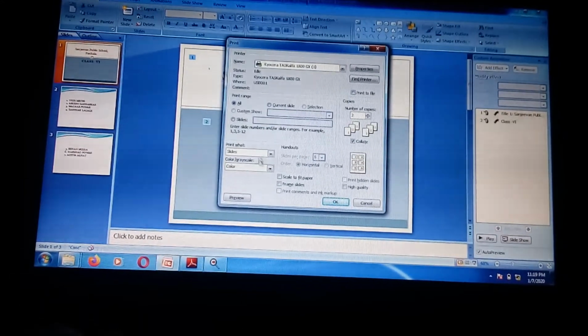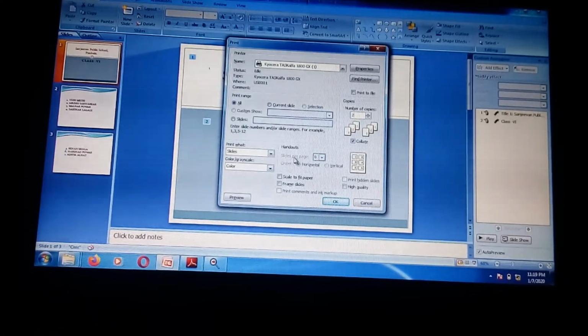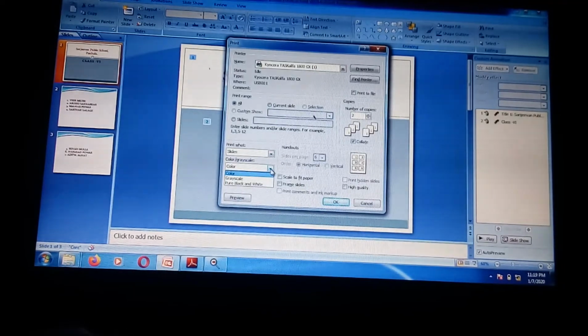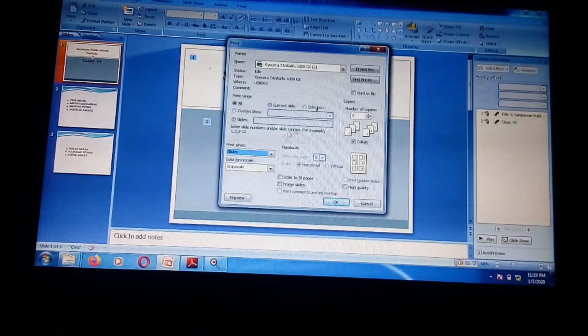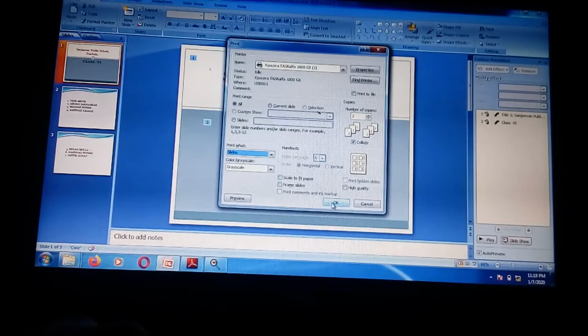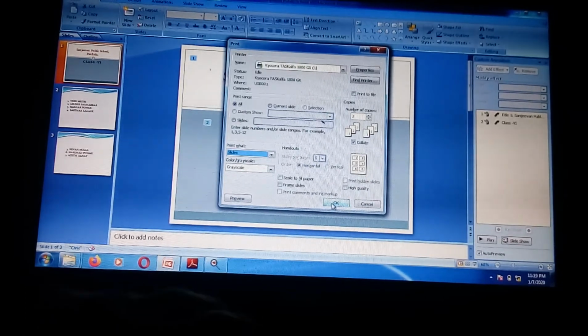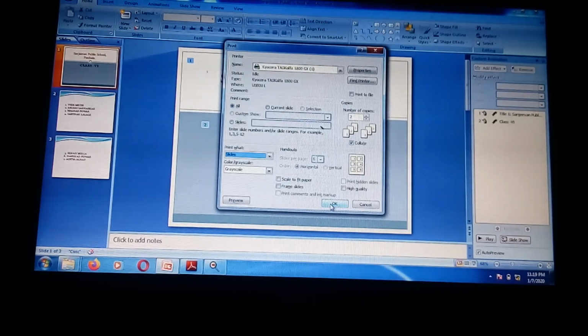So you have to give the settings here. You have to select the color, which color you want: black and white, gray, or color. Print what means only slides or notes. Select slides only. Then after selecting all this information, just click the OK button. After that it will be sent for printing. Got it? Thank you.